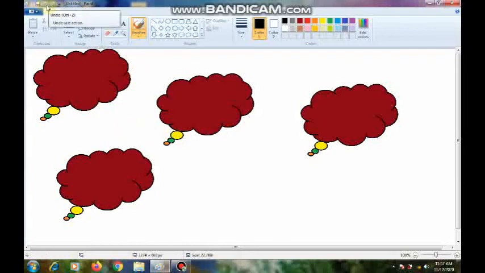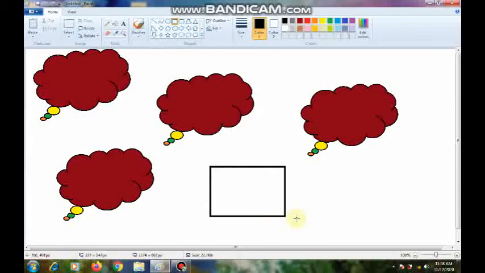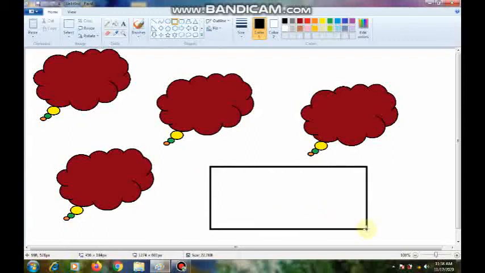So here what is undo? Undo means, children, we are moving one action backward. For example, see here I am taking this pencil, or otherwise I am taking any one shape. I am taking this rectangle shape and I draw a shape.